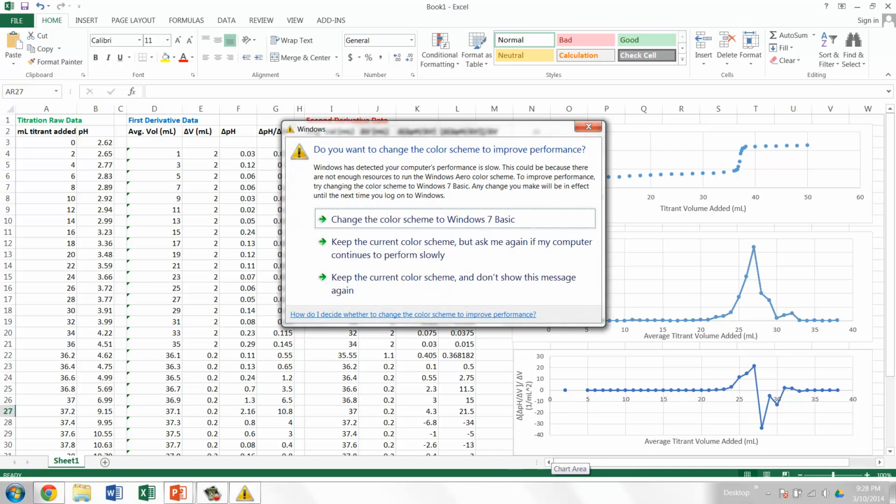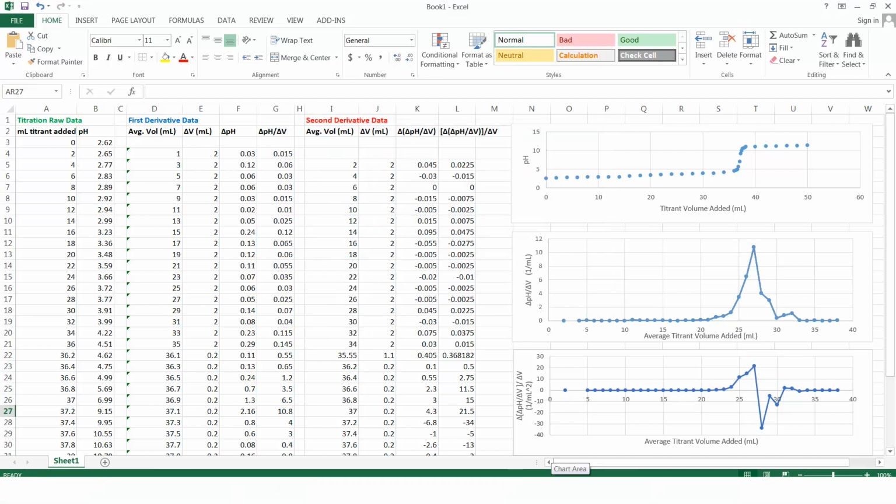And then you're going to do essentially that same thing again to find the second derivative and to find the endpoint using that method. In the first derivative plot, the endpoint is the highest point. On the second derivative plot, it's the place where the x-axis is crossed by the line. There's going to be a point above and a point below. You'll be able to draw a line between them, so in this case it's about 27 milliliters. You're going to need to turn in all three of these plots with your lab report, so make sure that you understand how to plot all these, how to read them and get an endpoint, and make sure that you